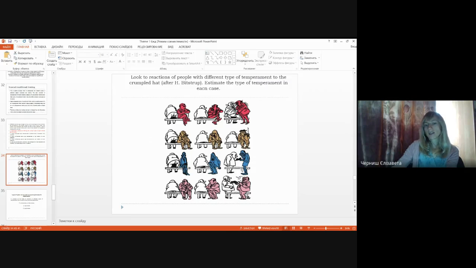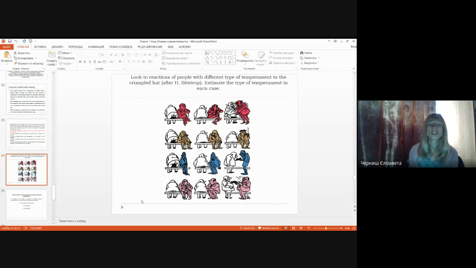The next person, blue, cries, very depressive. And the last row is just smiling, joking, and very well. So we see how one situation can produce very different reactions in people, in connection with our temperament,